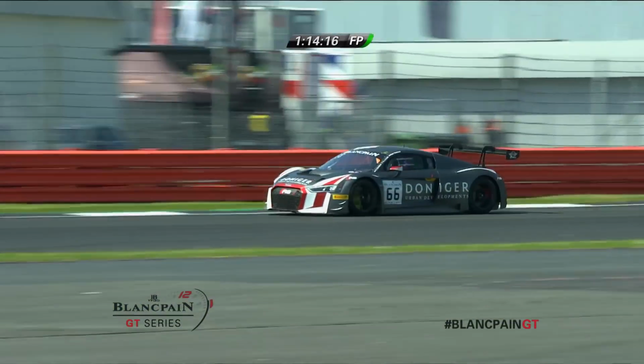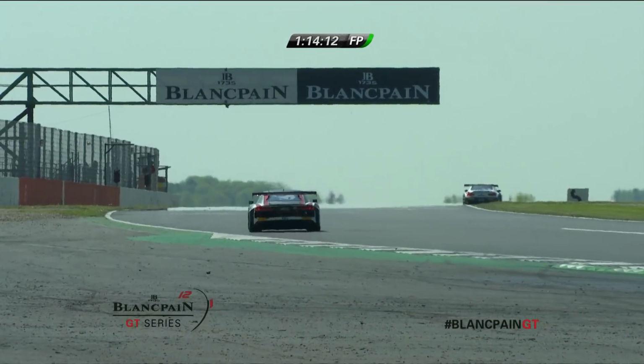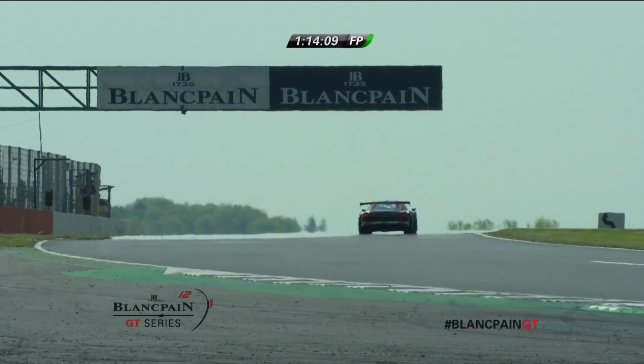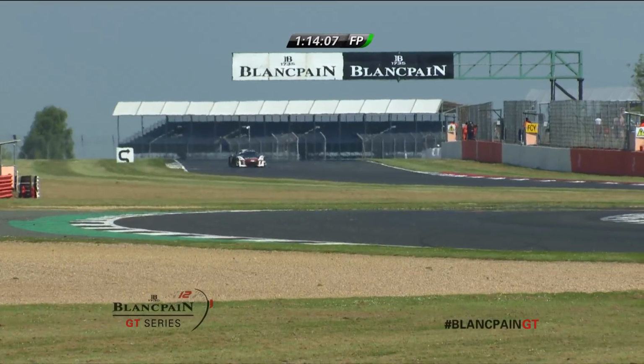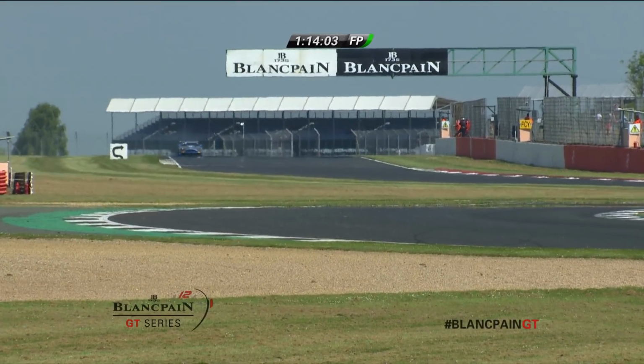That car's in effect proper first flying lap, although we're currently 1 place down. It's still Winkelhock quickest from Kelowitz and the Ferrari in second place. Well, it's a big margin at the moment, almost 7/10 of a second, which is night and day in this